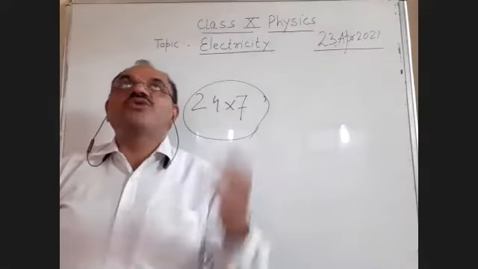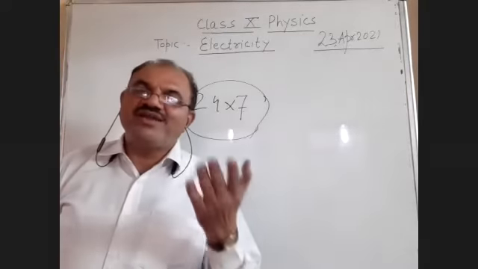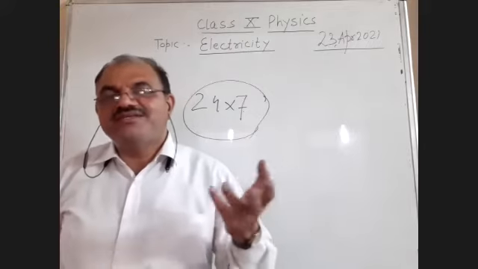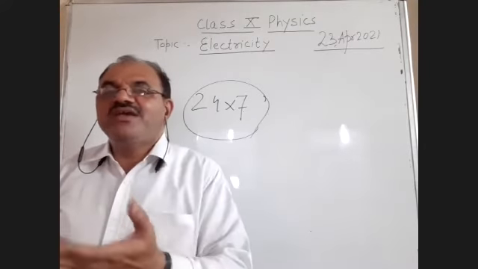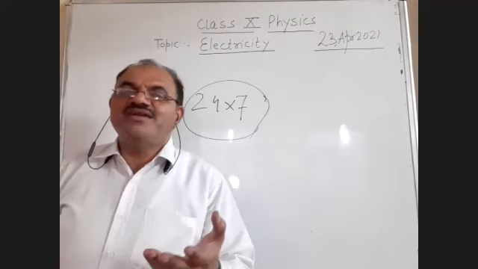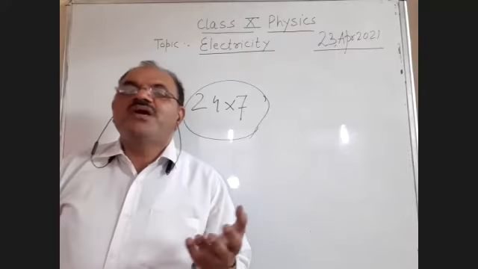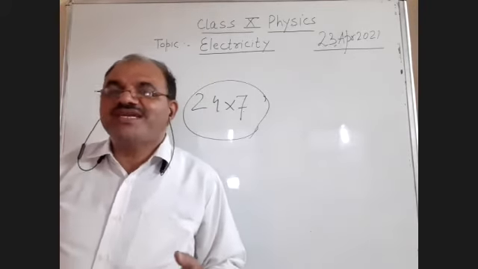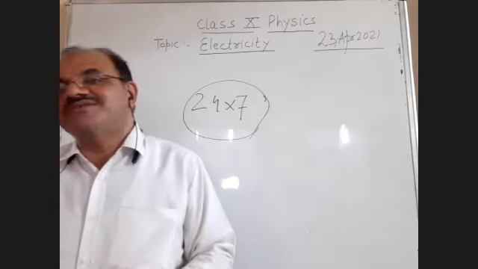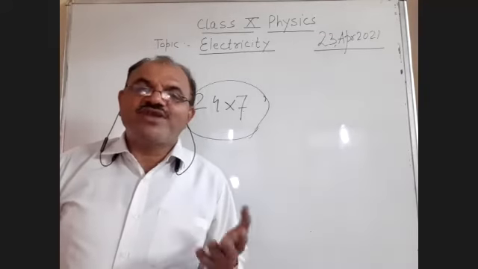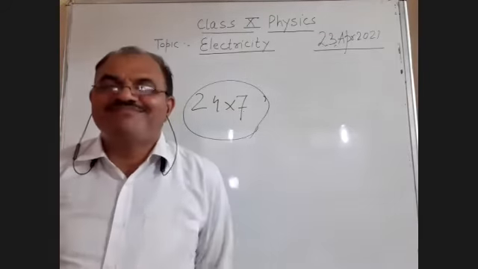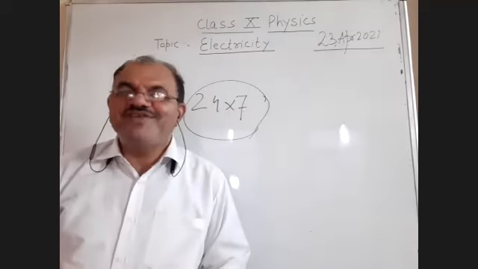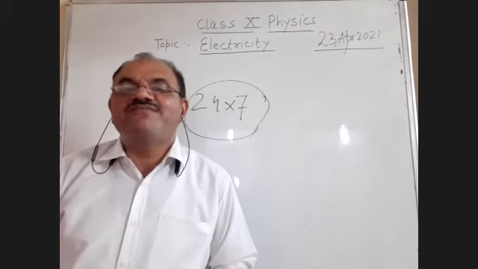If I want to run the fan, I require electricity. If I run the tube lights, I require electricity. If I run the TV, refrigerator, air conditioner, mixer, grinder, laptop, washing machine, any of the appliances, I also require electricity. It means without electricity, I'll be handicapped. So my life will be zero. Without electricity, we will not be able to survive.